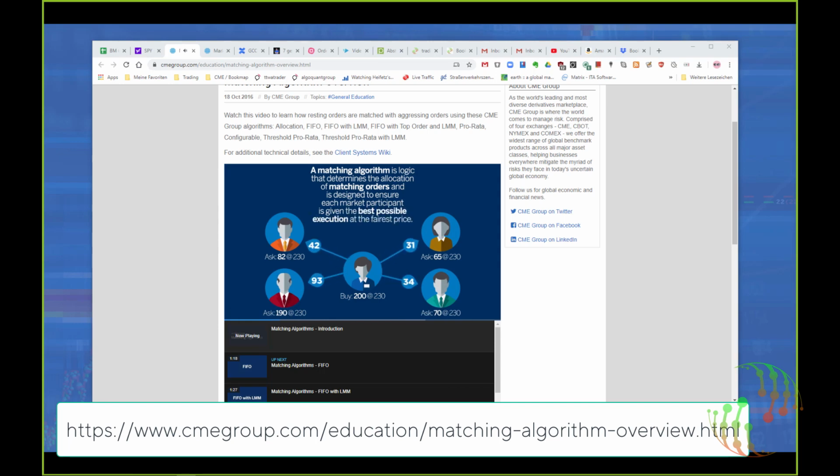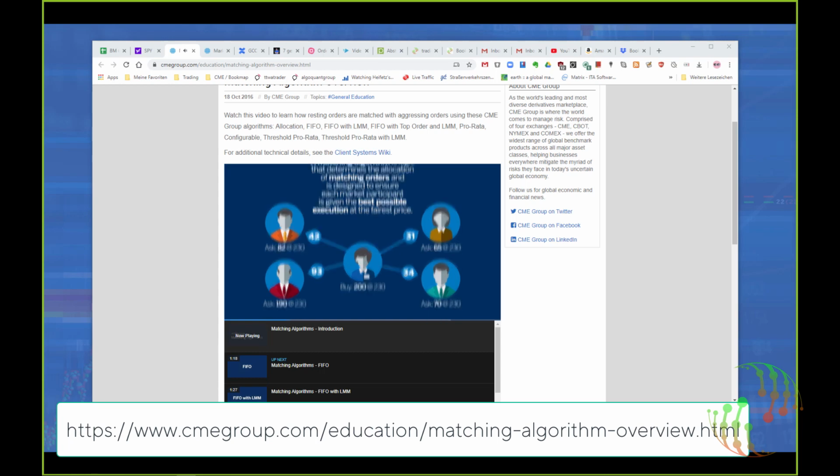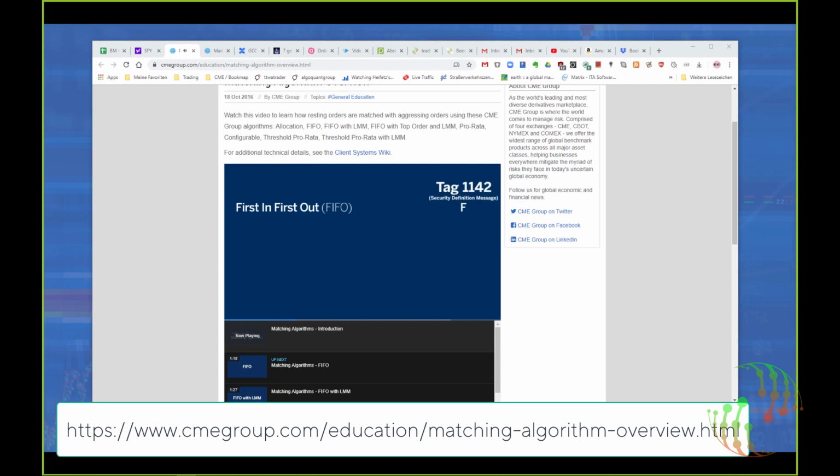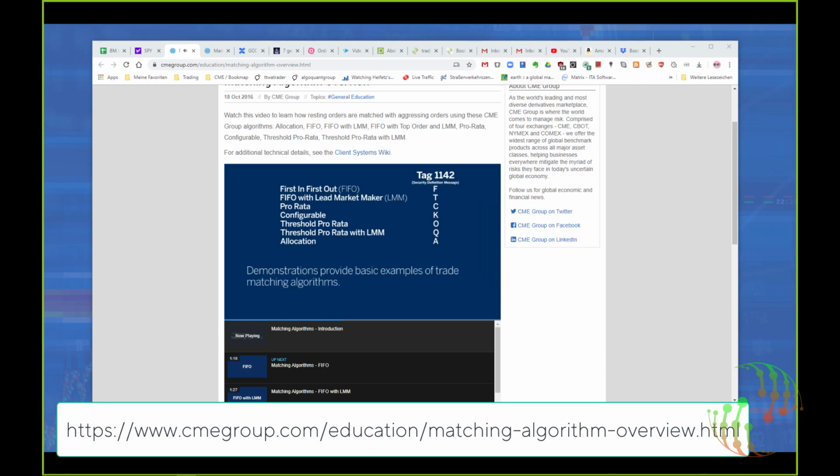This video includes a description and example of each of the following matching algorithms: FIFO, or first in, first out; FIFO with LMM, or lead market maker; pro rata; configurable; threshold pro rata with LMM; and allocation. This demonstration provides a basic example of each trade matching algorithm available on the CME Globex